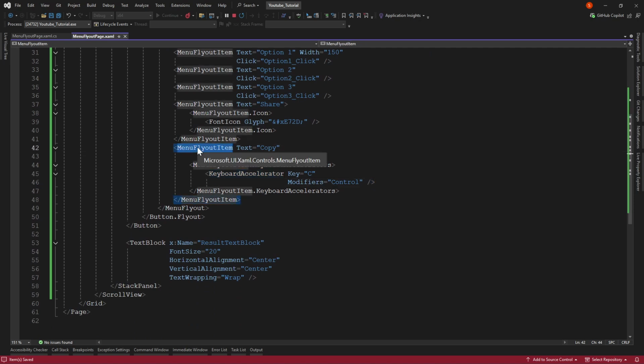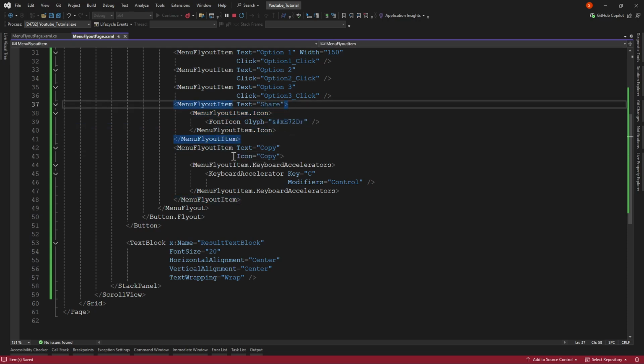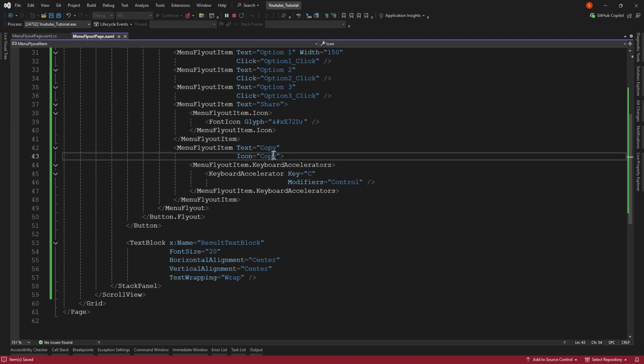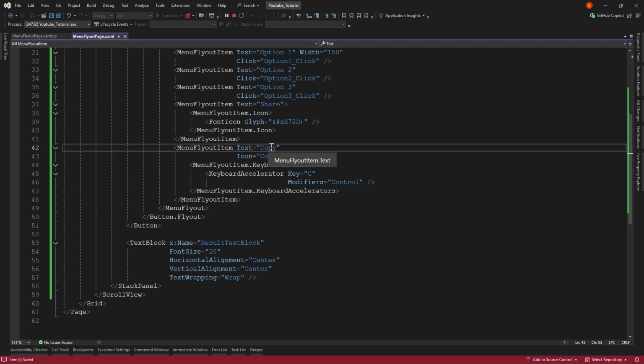This is the menu flyout item like above. This is the text like above. The icon copy. You can create a new one here in the child here, or just put the icon and the value in the global value of the icon. I choose copy, it's the same.